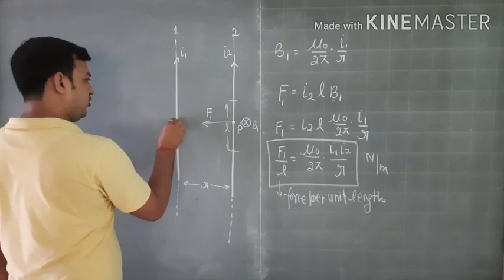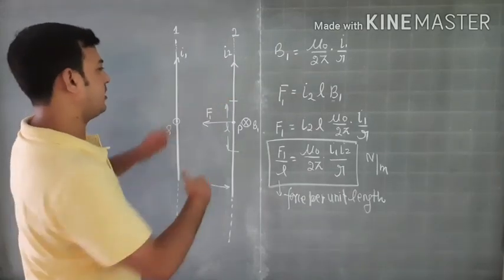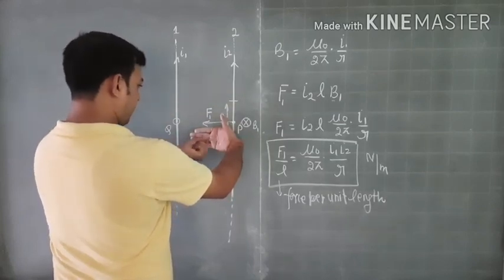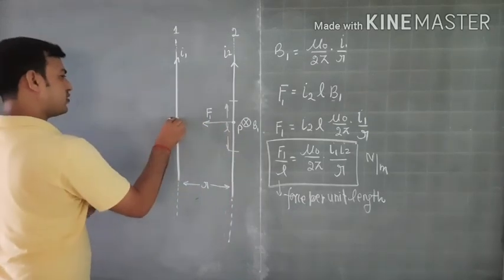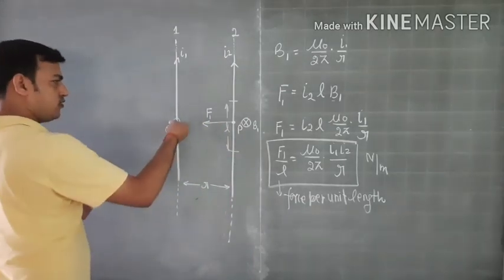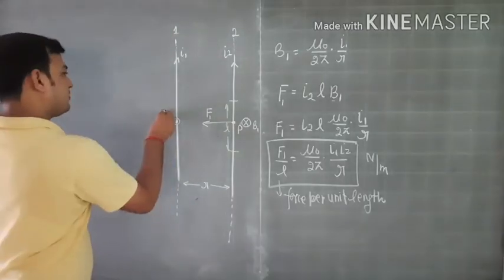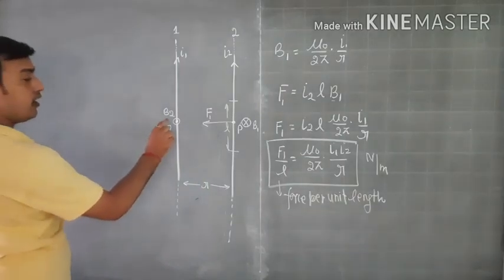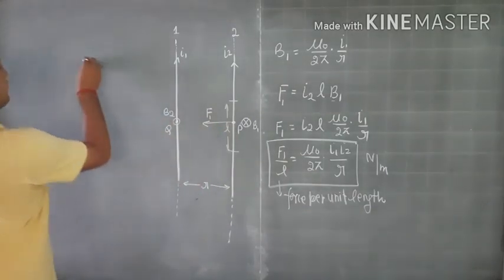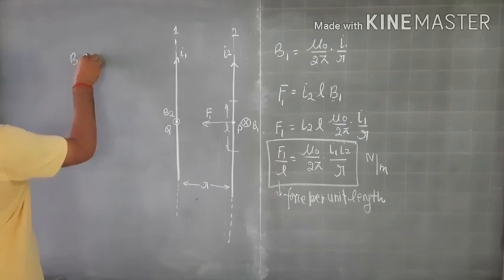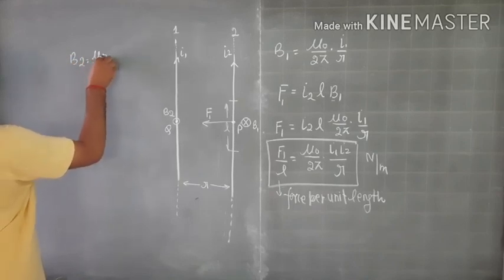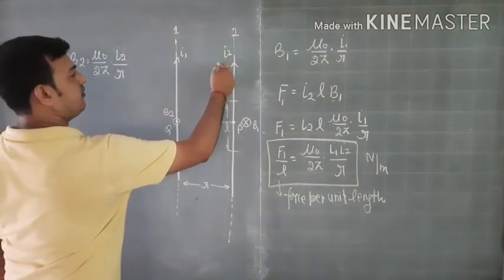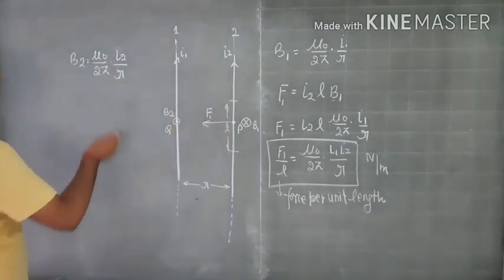Consider this point is Q, and for this wire, if you apply the palm rule, the current is upward, the fingers are towards the point. So perpendicular to my palm, this is the direction of magnetic field. So the magnetic field will be outside. Now let me call this magnetic field B2, and as it is also an infinitely long wire and the point is again at a distance of r, my B2 will be mu naught by 2 pi I2 by r, because I am finding the magnetic field due to this current I2.